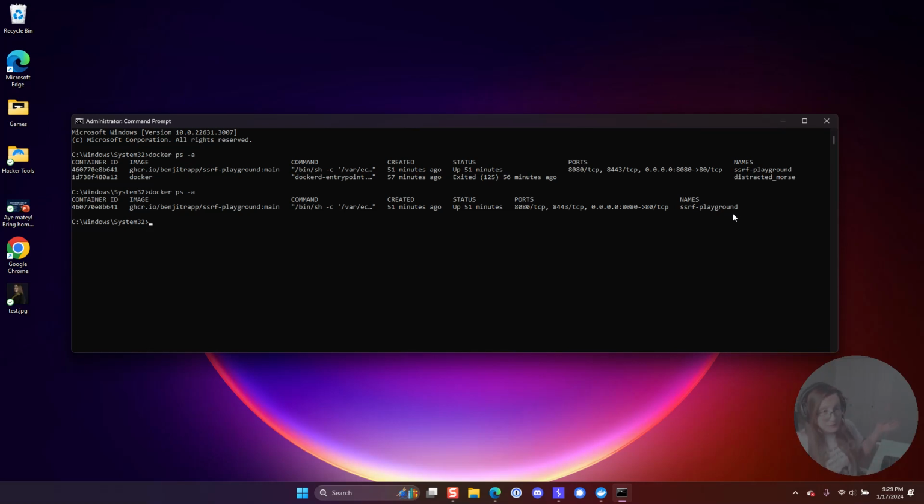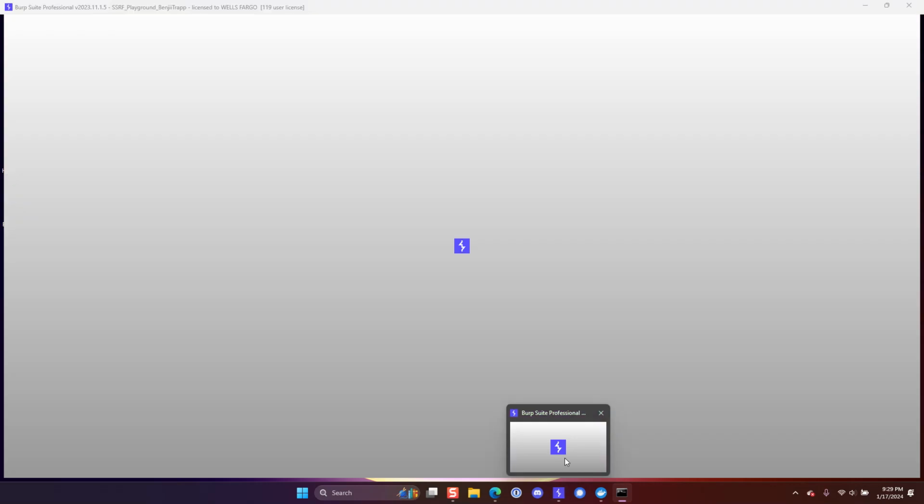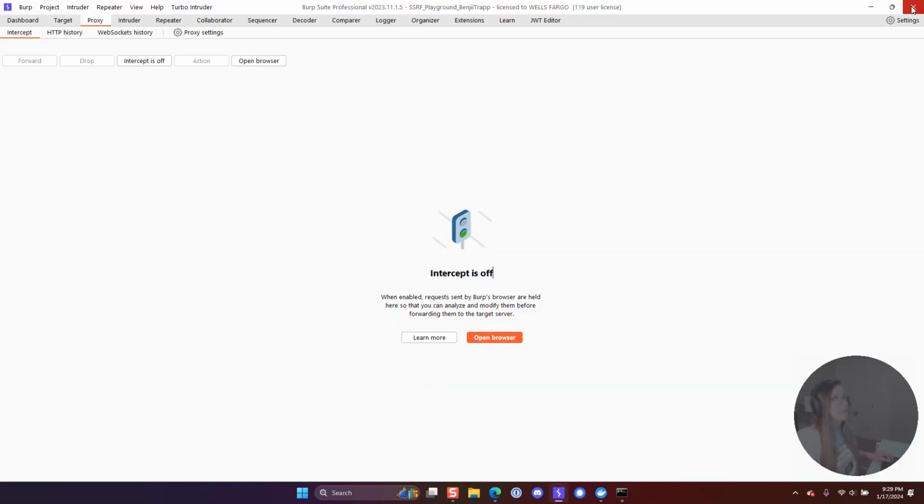Okay, but now how do I use it? That's pretty simple. Choose the browser of your choice. And if it doesn't work, try a different browser. And if it still doesn't work, I'll go over some troubleshooting steps. But for me, my preferred browser is Burp Suite browser. So I have Burp Suite Professional, and I'm going to go out to,